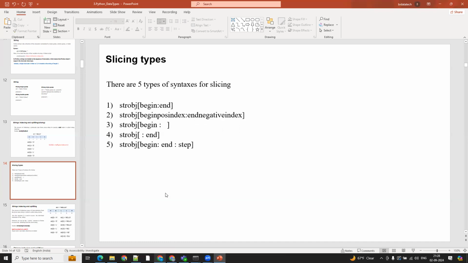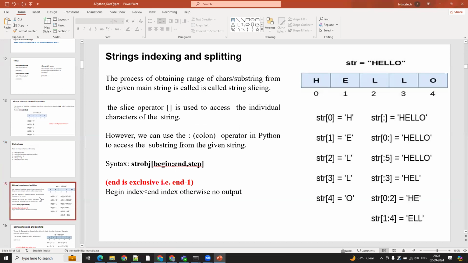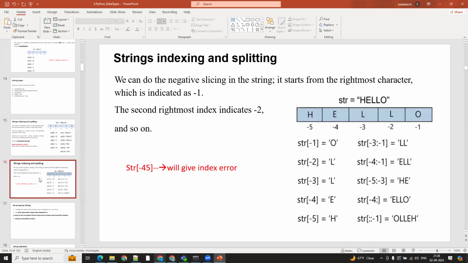Okay. Now let's get into the practical part. Before I get into that, you need to understand one more thing: negative indexing. So far we understood the index value will start from 0 and so on. However many characters there are, that number minus 1 it will take. At the back end it also